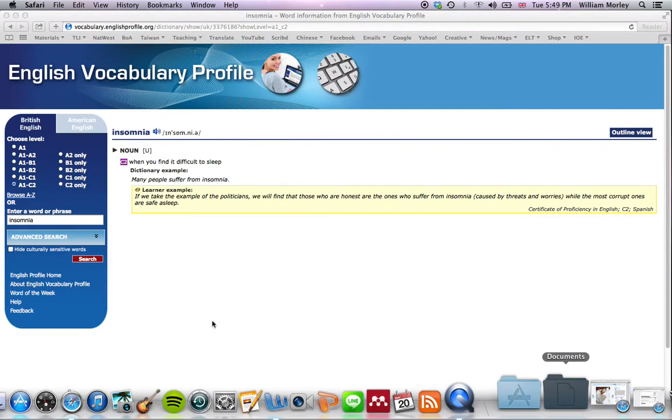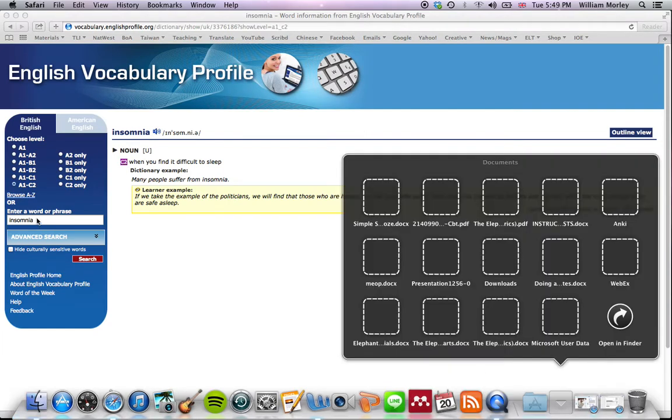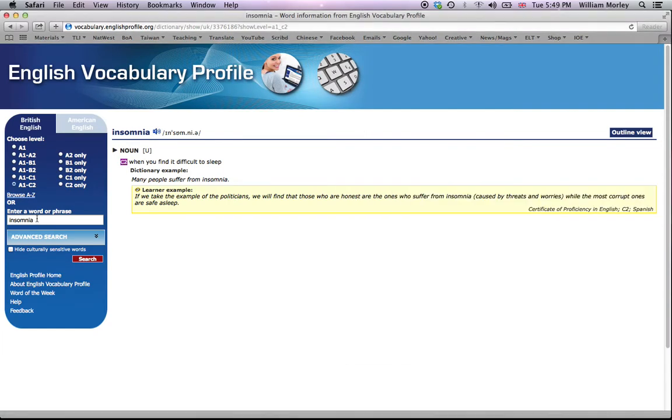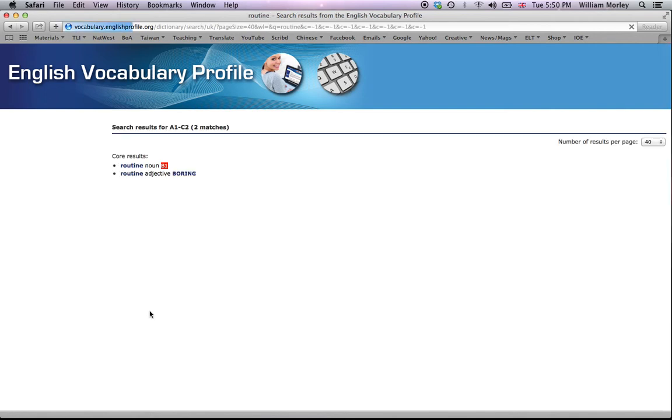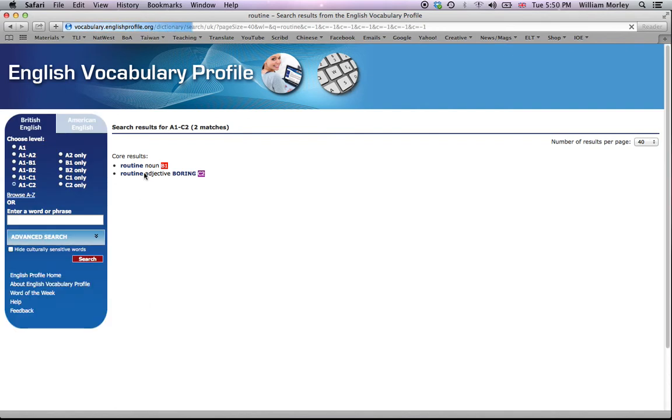Okay, and English Profile as well. Sometimes this website won't have a word, so I'll look on the other website, for instance, or vice versa. And when I'm going to do this, I'm going to have all the levels selected, so I get an idea of where these words fit. Routine, let's see. And they also have routine listed as a B1 level. If we click on this,